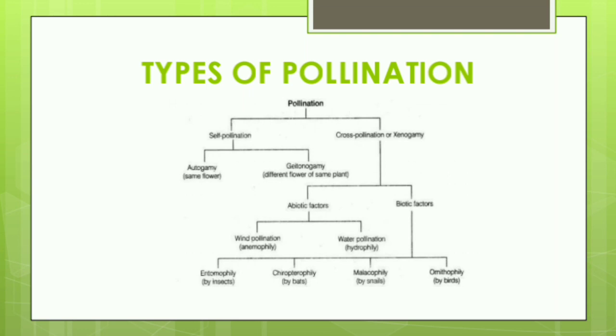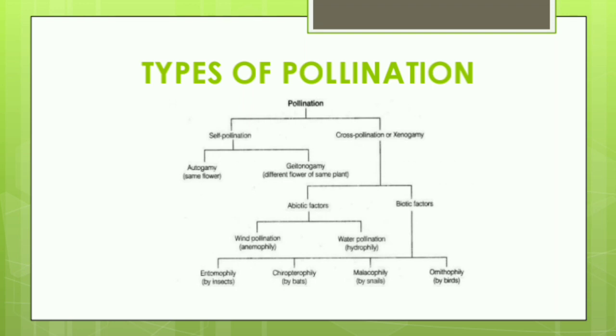The second one is water pollination or hydrophily. Now, pollination by water is quite rare in flowering plants and it is limited to about 30 genera only, mostly monocotyledons. There are some important features of water pollination that you should remember, and those features are important for competitive exams. Like some examples of water pollinated plants are Vallisneria, Hydrilla, etc.